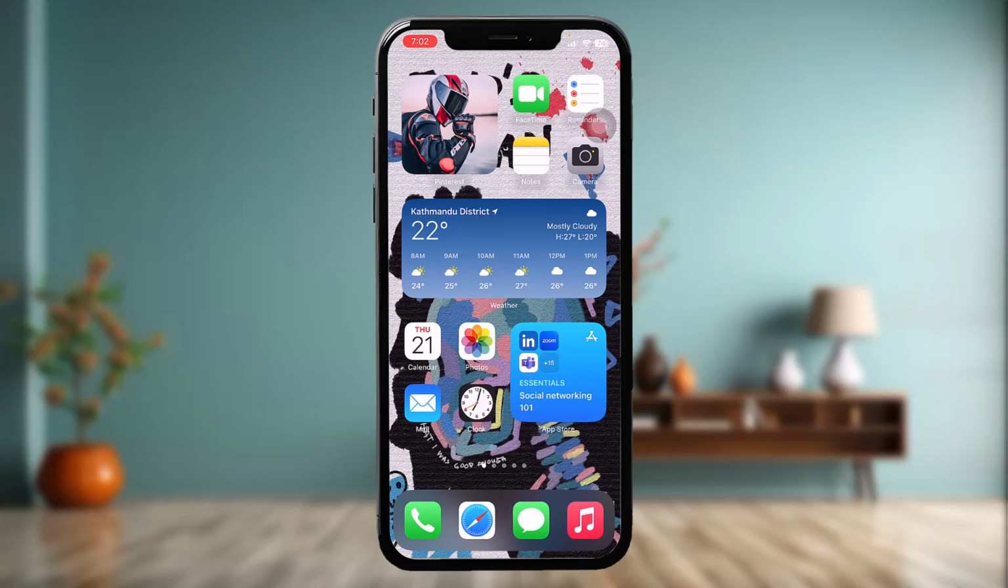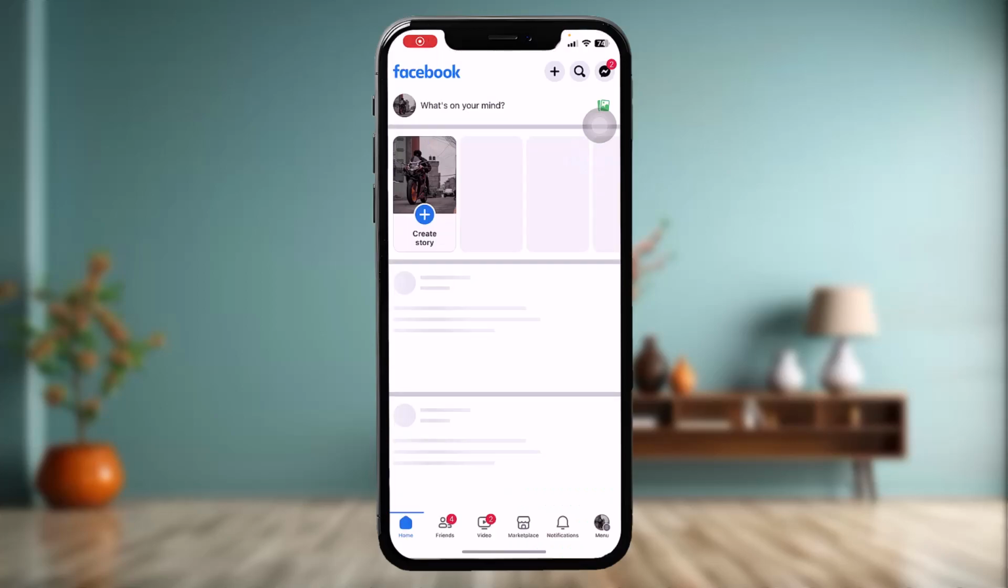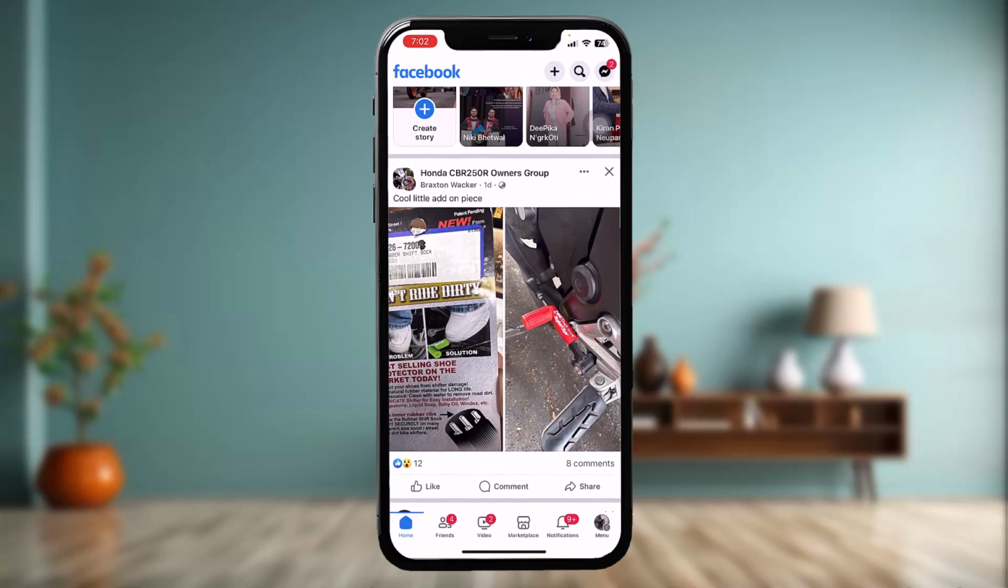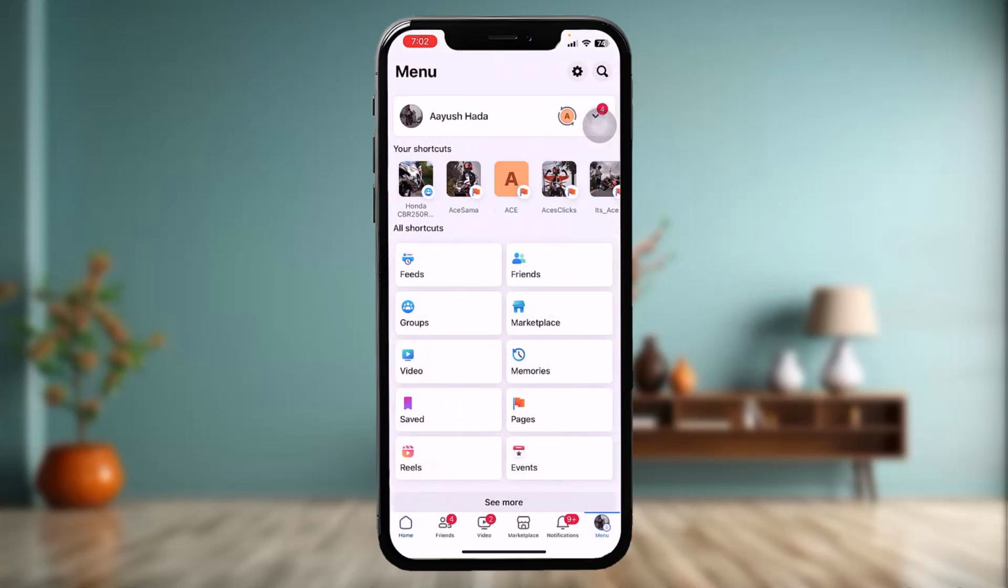Now, in order to fix the issue, first what you need to do is go ahead on the Facebook app and then find that contact which you think has been cloned. And once you have done that, all you gotta do is screenshot that account, and once you have done that, tap on the menu icon on the bottom right corner of the screen, and once you're here, scroll down